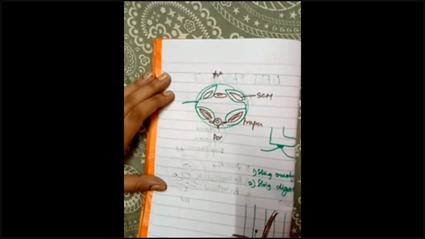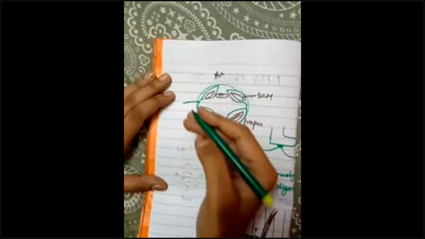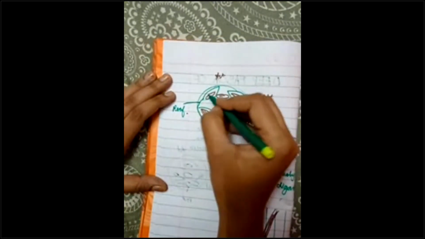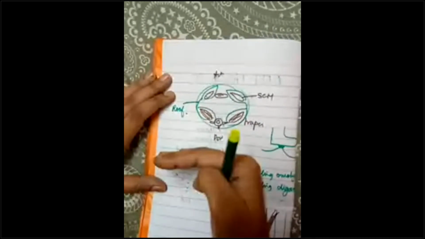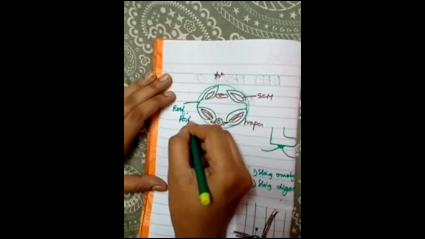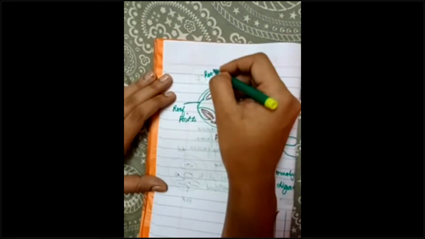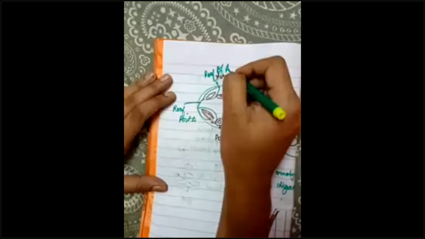Okay, trapezius and sternocleidomastoid. And here what it is forming, you will get the posterior triangle. I will be showing it in the 3D model. Then it will be clear for you where the posterior triangle is coming, how it is formed. This will form the roof of the posterior triangle here. Behind the sternocleidomastoid, we have the posterior triangle. In front of the sternocleidomastoid, you have the anterior triangle. So the roof of the anterior triangle is also formed by the investing layer.